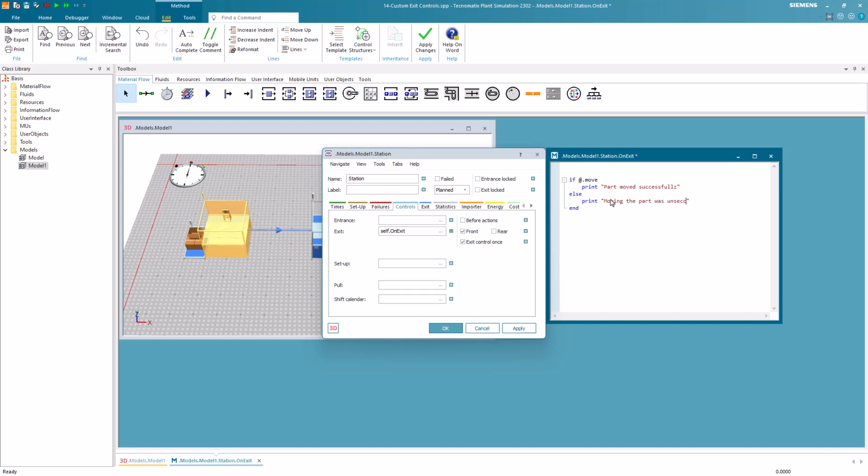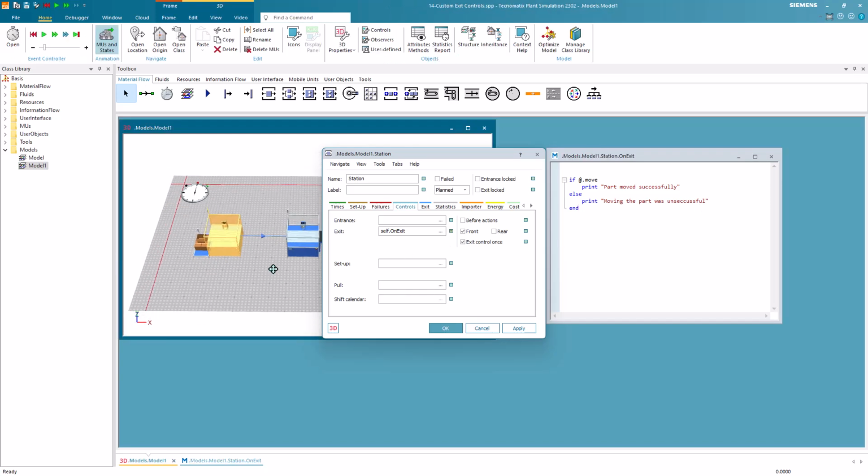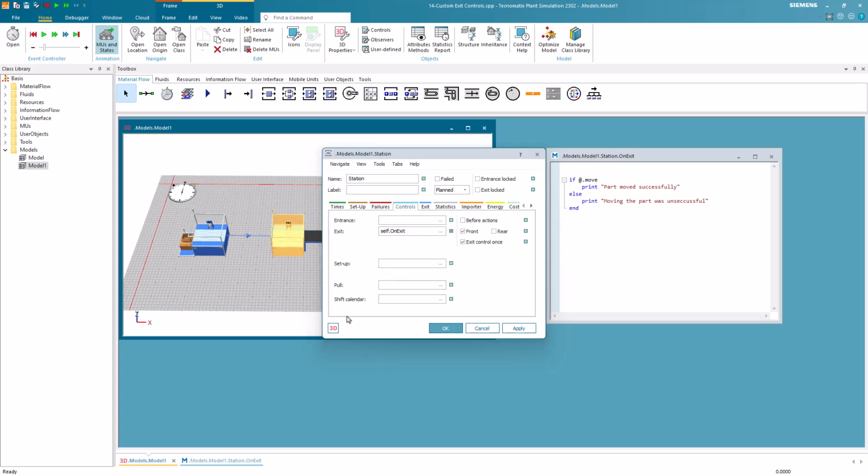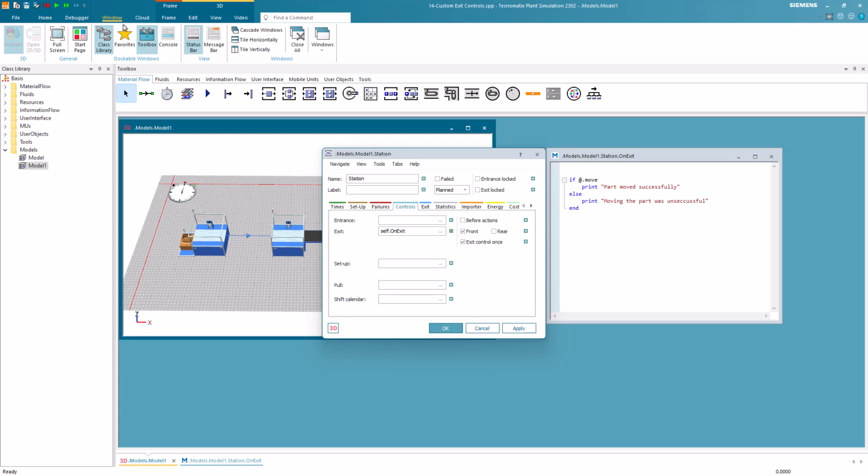We then insert a breakpoint and save the changes. Then we open the dialog of the second station and change the processing time to 15 seconds. Since we are using print statements, we also need to show the console.